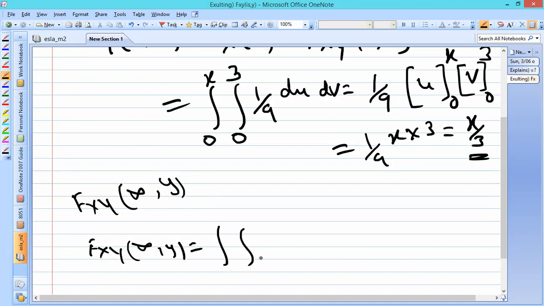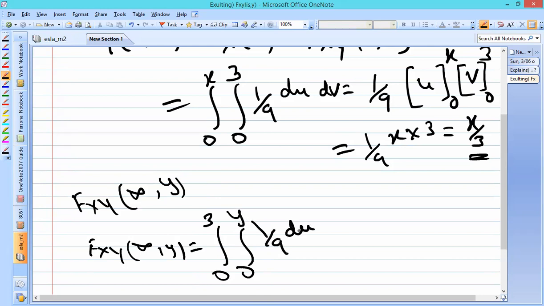What you are going to write within the integral? So what is the value of x here? 0 to 3, ma'am. Yes, 0 to 3. What is the value of y? 0 to y. Good. So 1 by 9.